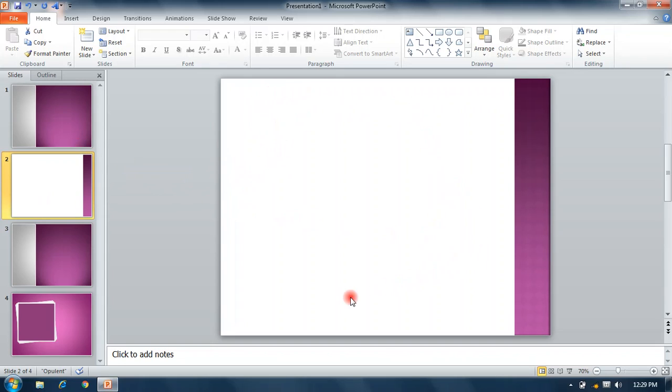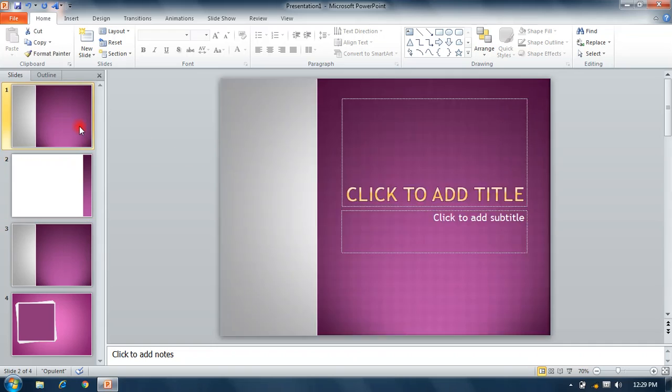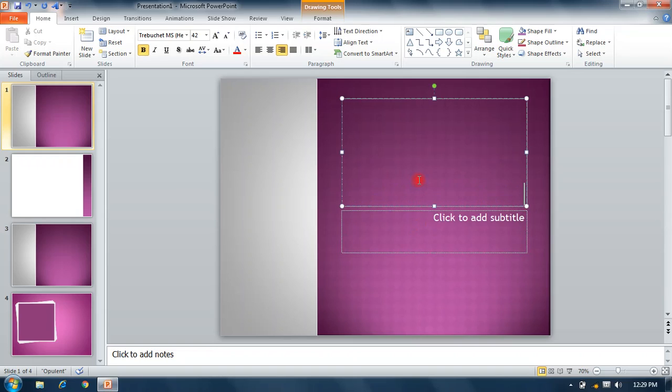There is no option where we can write text, but in these slide themes we can see "Click to add title" and "Click to add subtitle". These boxes are known as placeholders, and in them we can type our text.